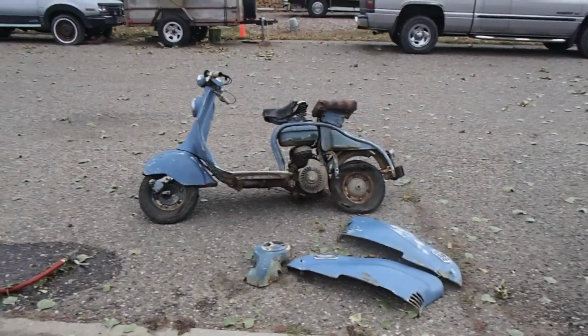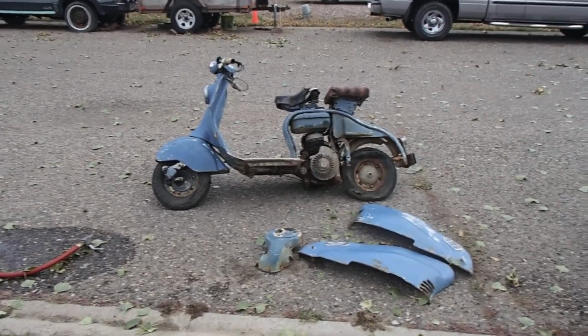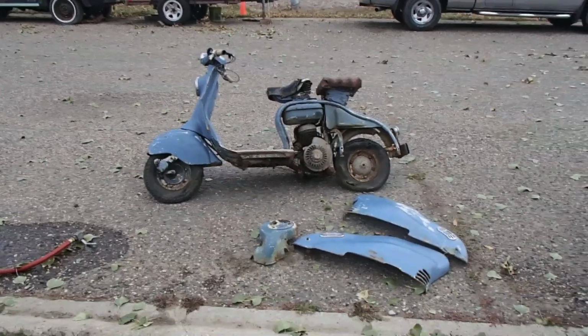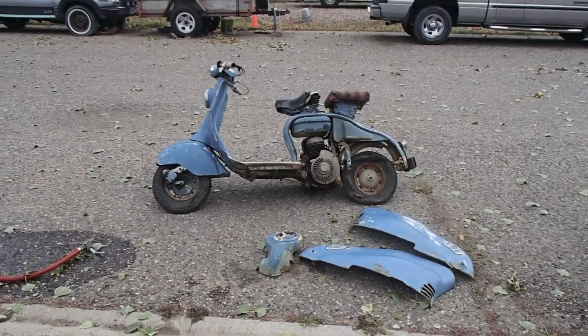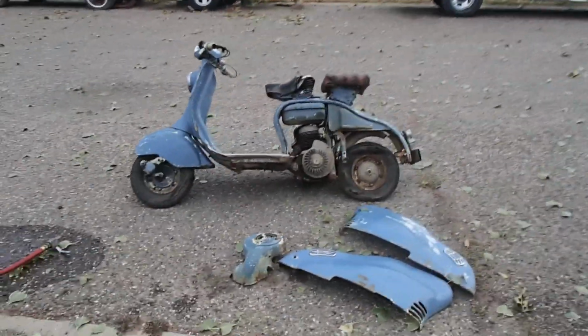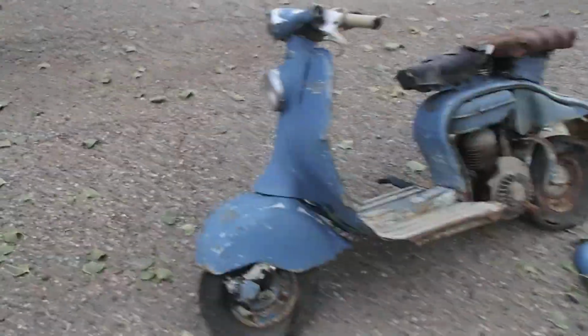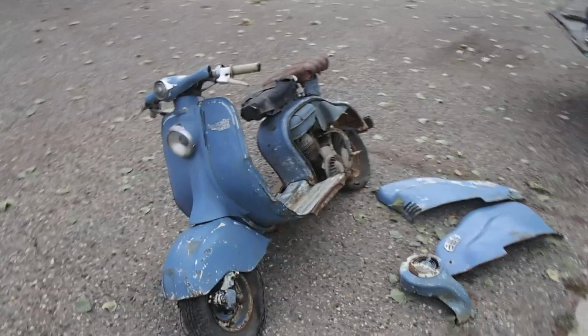Before and after of cleaning. I think it's a '57 or '58 Lambretta 125 LD. So I already kind of cleaned it off at a coin-operated power washing place, but this will show you what having the right tools